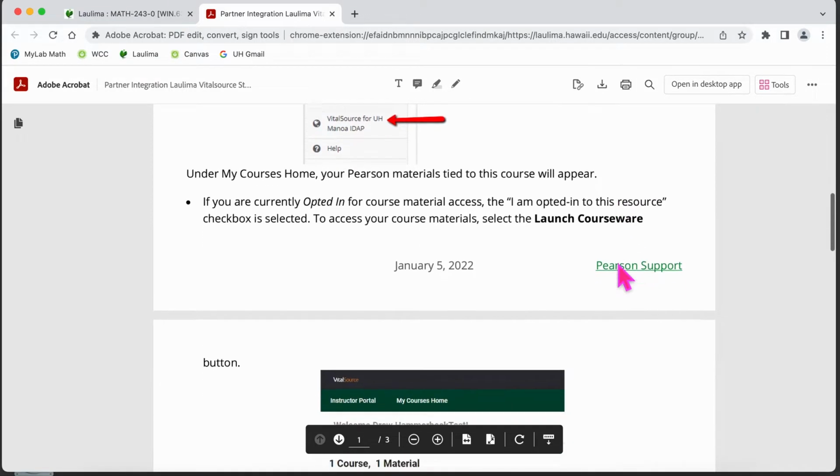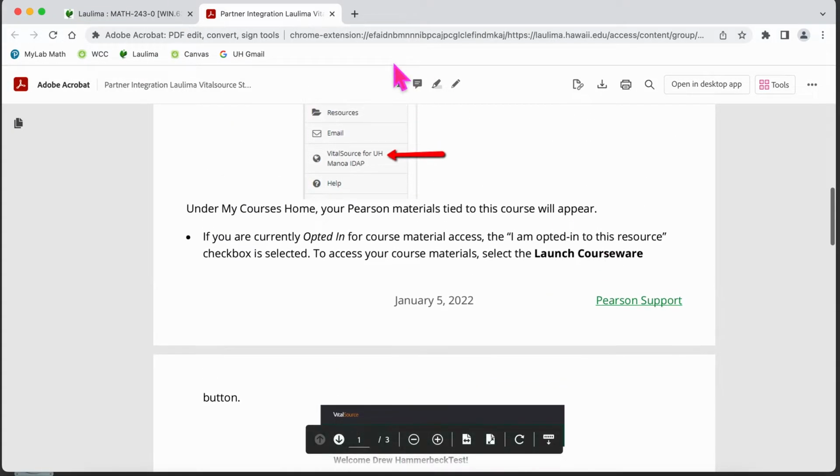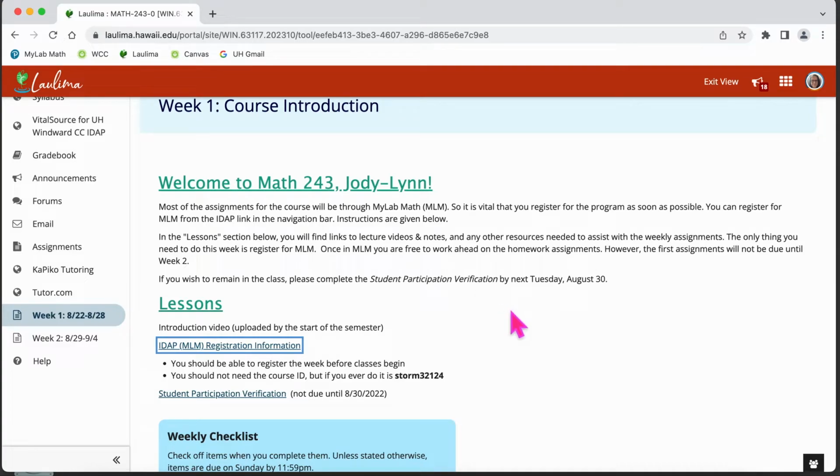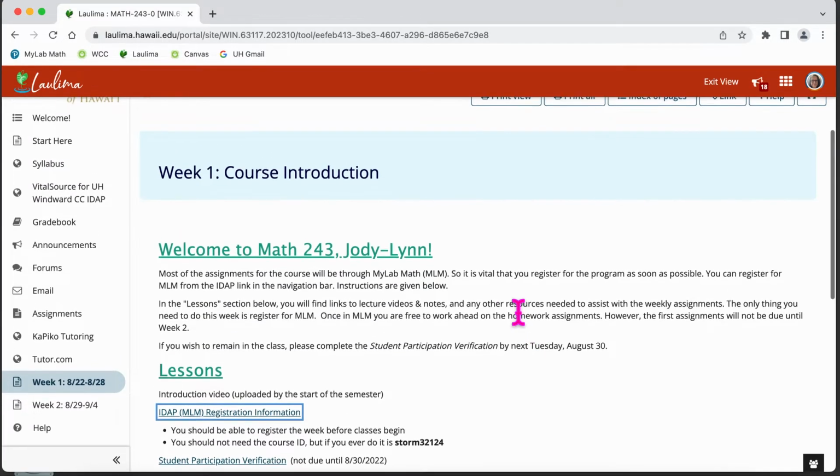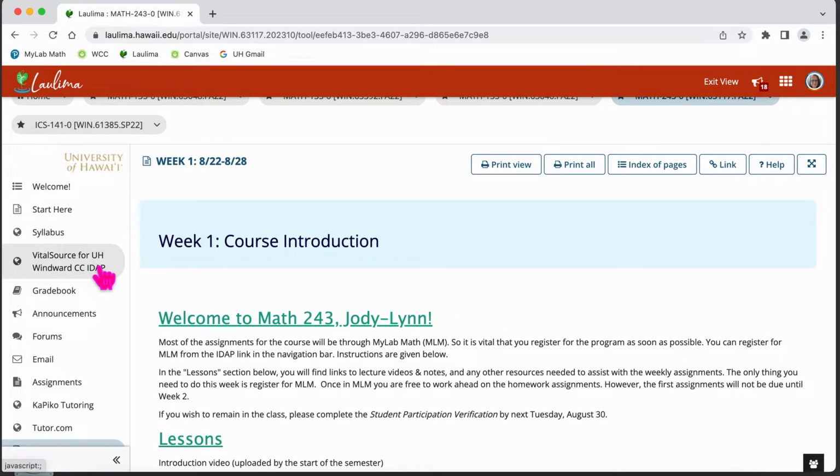So if you're unsure how to register for IDAP, you can follow these instructions. I'm going to close these out and then go to the Vital Source for UH Windward CC. So again, most of the assignments will be done through My Lab Math, so it's very important that you get registered as soon as possible.